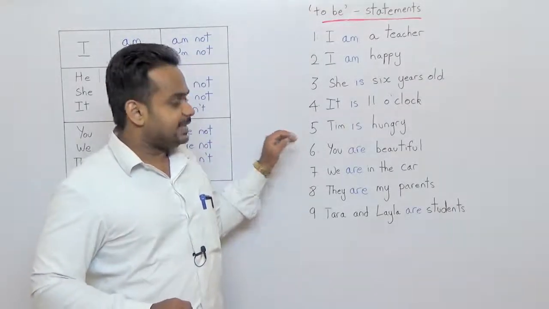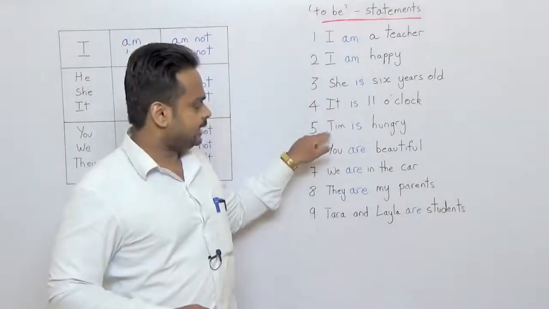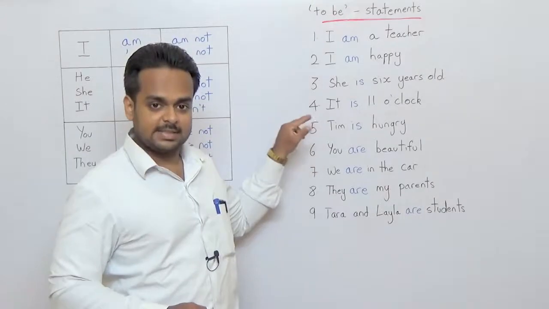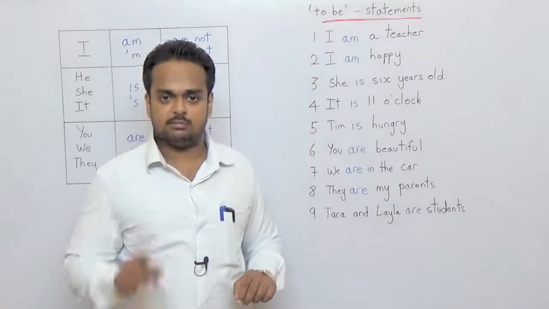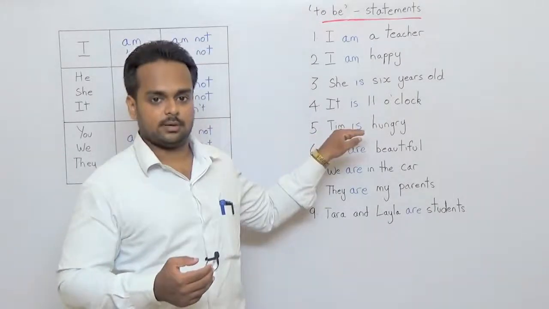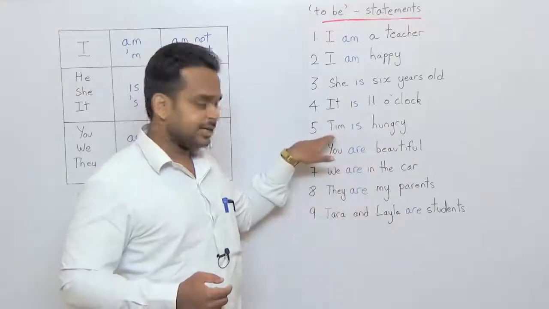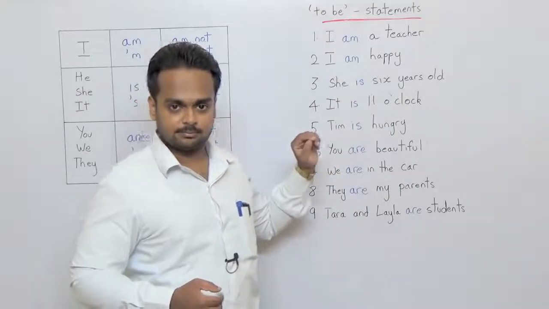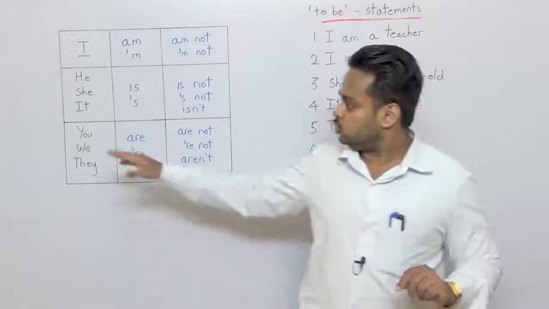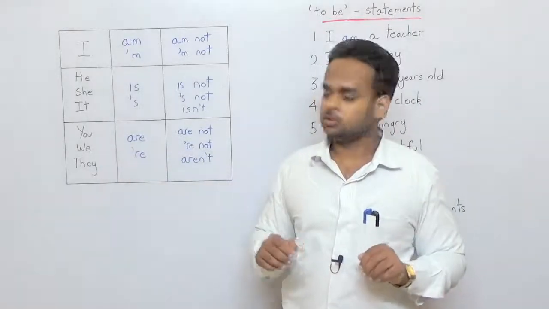In this example, Tim is hungry. Notice here, we're not using he, she, or it. But Tim is a singular noun. Tim is one person. And in fact, we can also say he is hungry or Tim is hungry. That's the reason we're using is. Singular noun, so is. Now, if the subject is you, we, they, or any plural noun, then we will use